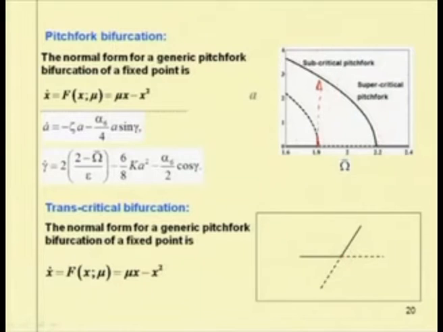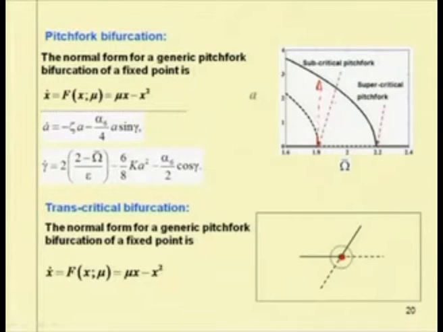In this case, before this bifurcation point the system has a bistable region and one unstable region. After this bifurcation point the system has only one stable region, and between these two, the supercritical and subcritical bifurcation points, the system has one stable and one unstable response, fixed point response. So, these responses are fixed point responses.